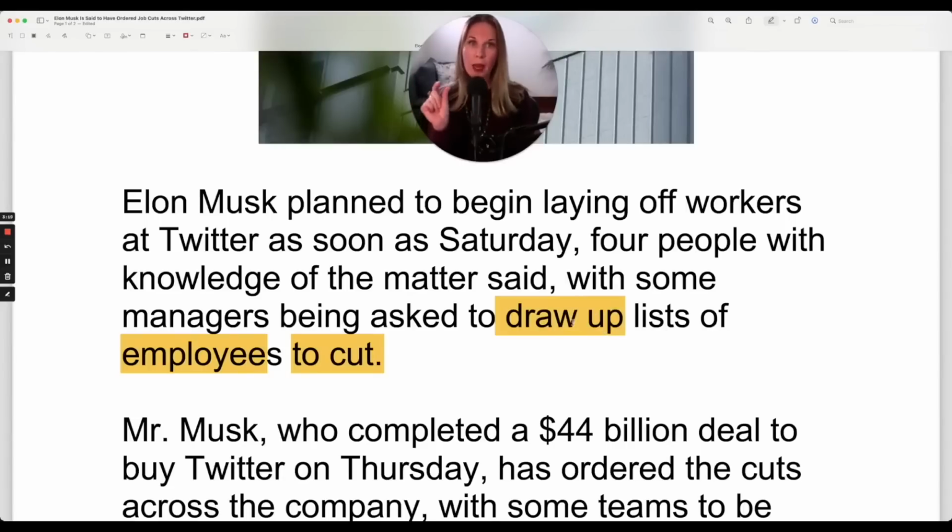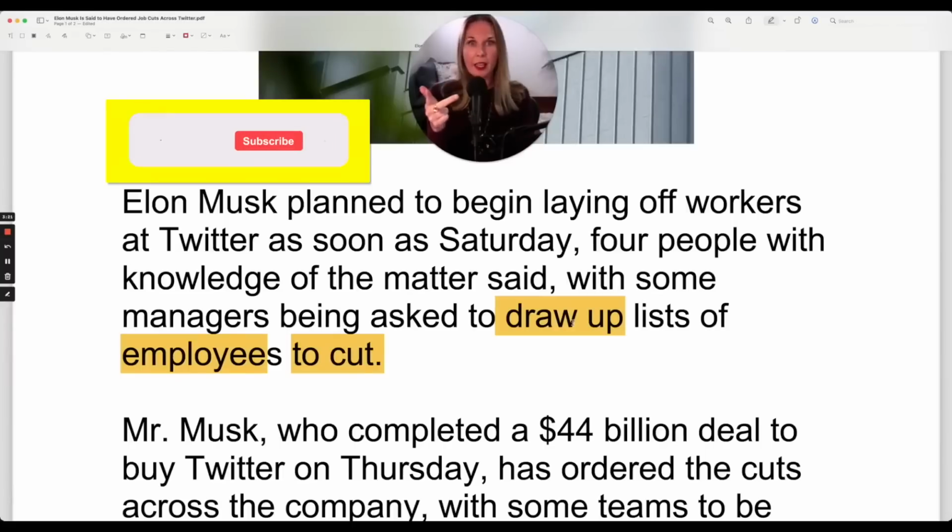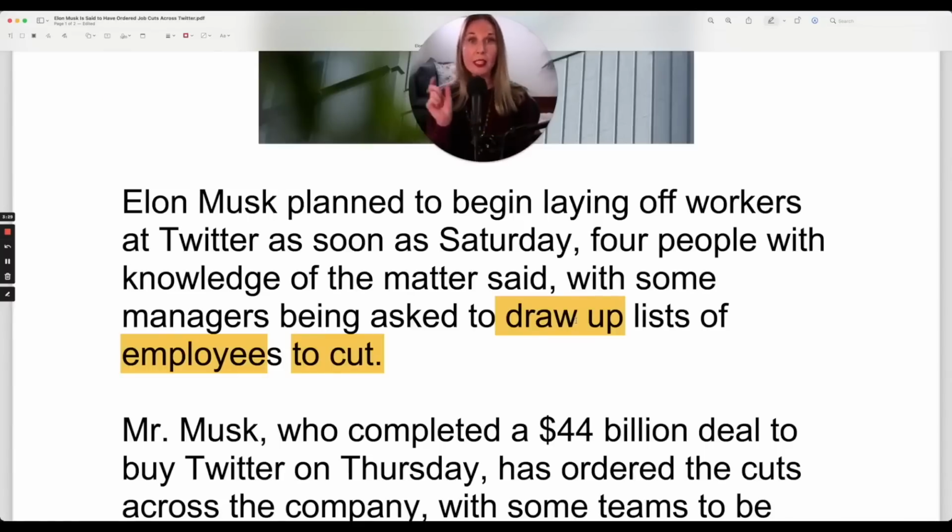So if we have a verb and a preposition, up, on, in, then we know it's a phrasal verb. And phrasal verbs have different meanings from the regular verb. So to draw up in this context, to draw up lists, when you draw up lists, it simply is another way of saying prepare. But we use this phrasal verb to draw up in the context of legal or business contracts, documents,